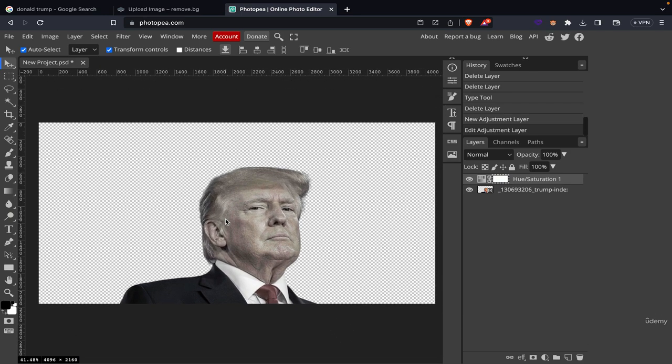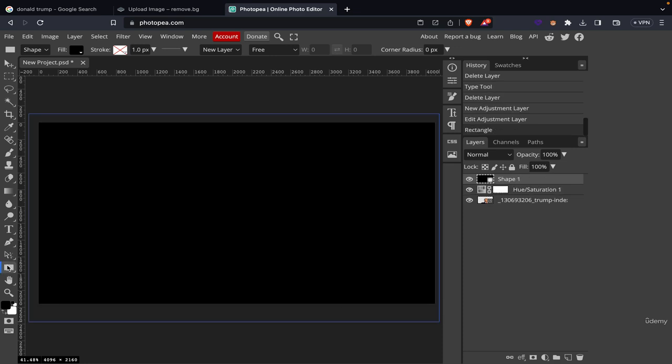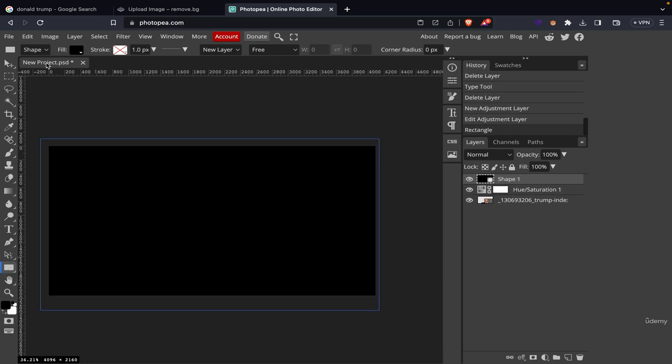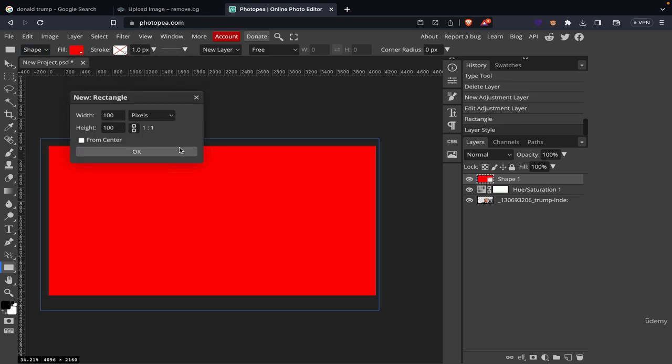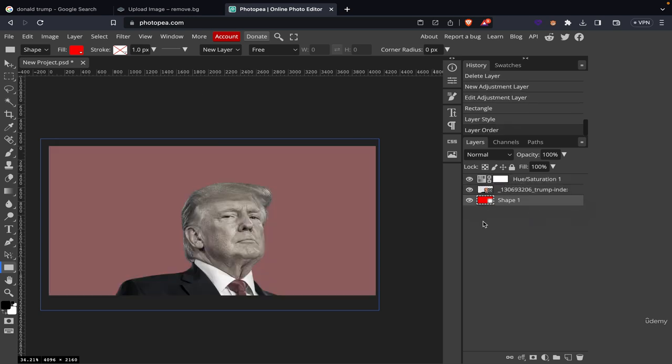And now we have our image. Now we can create any object here from the background. Let's create this by using the rectangle tool, and then create a rectangle and fill it with any color you want. Let's just say red first, and then make sure the shape is behind this, and you can see that this red color is also being